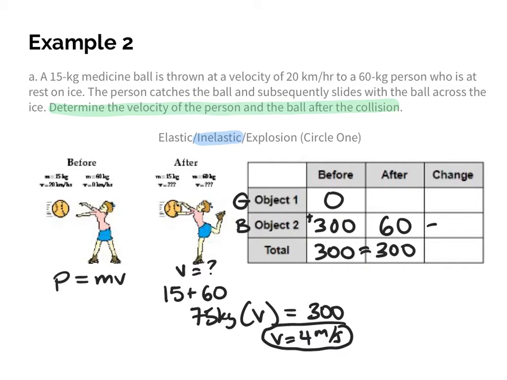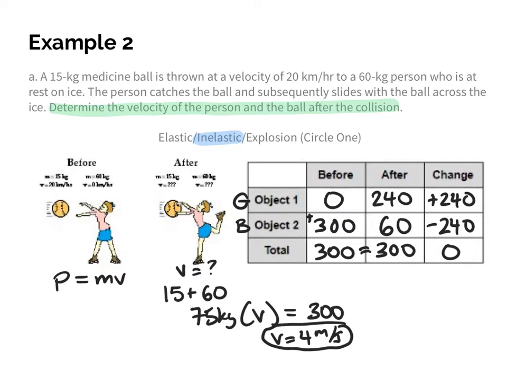So overall, it's going to lose 240 units of momentum. And the girl, having a mass of 60 and moving at that speed of 4, is going to have a total of 240 units. But she's going to gain that 240 since her original was 0. And then again, the overall change is going to be 0, because if you add 240 and negative 240, you're